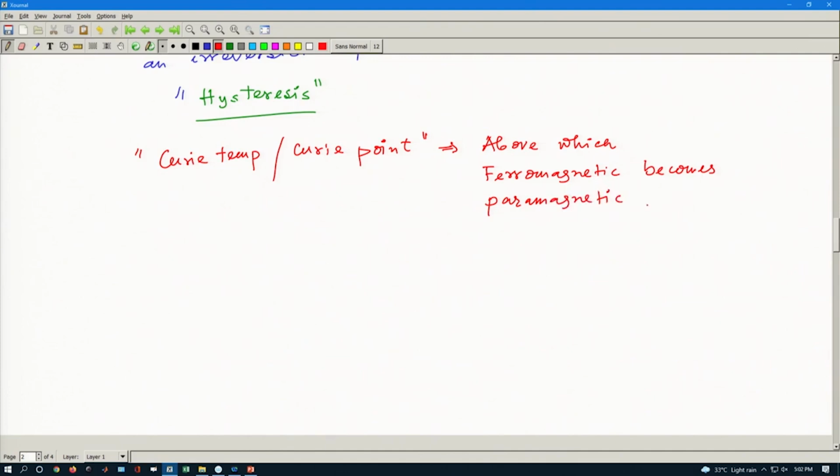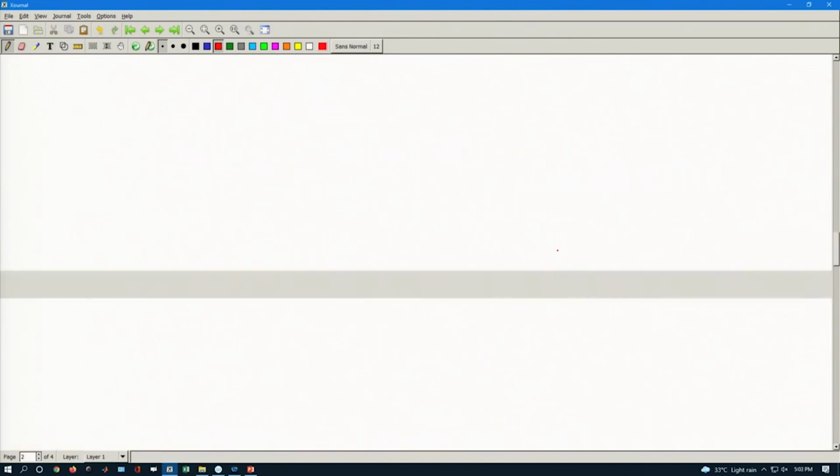So, there is a transformation from ferromagnetic to paramagnetic if I heat this material up to a specific temperature called the Curie temperature or Curie point. That is another property that I should mention. Now, for ferromagnetic, let us see how